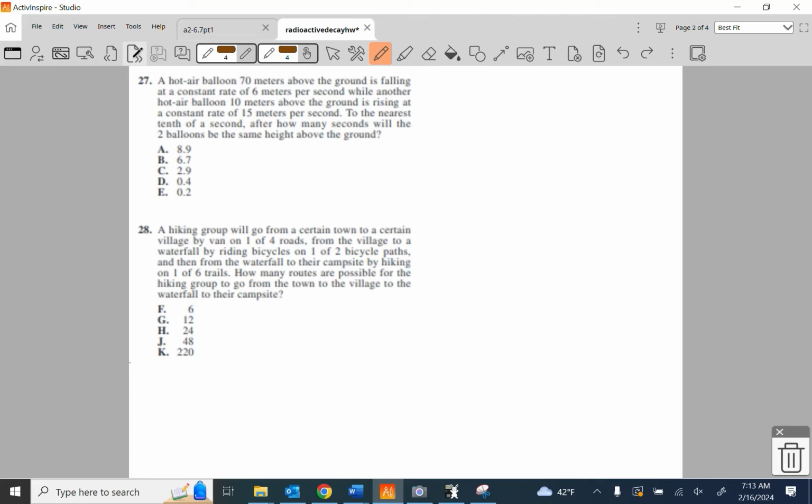I guess most kids are probably going to do guess-and-check math on this one, but we have two balloons, and balloon 1 has the equation 70 minus 6s, seconds. The other one, balloon 2, is